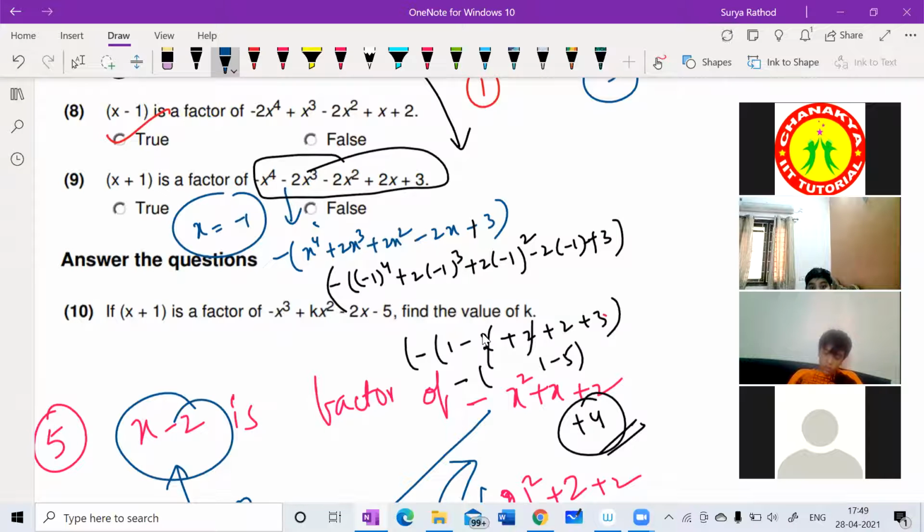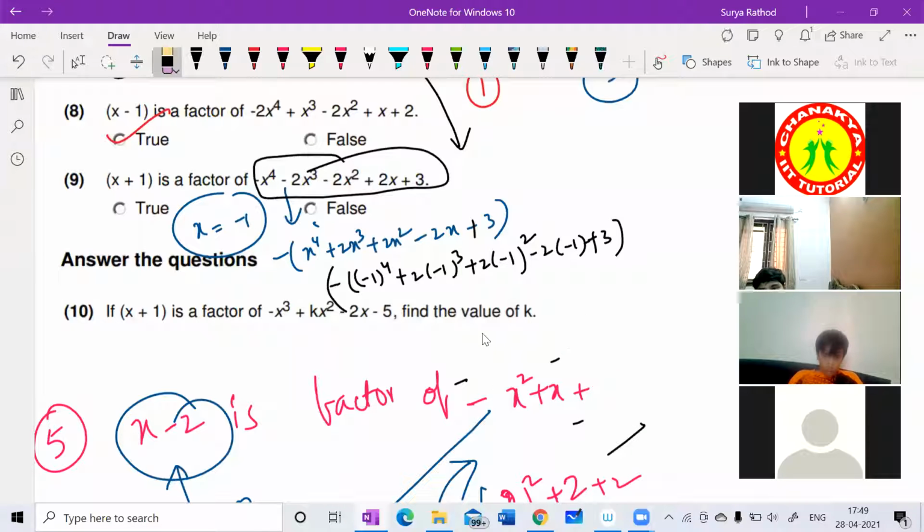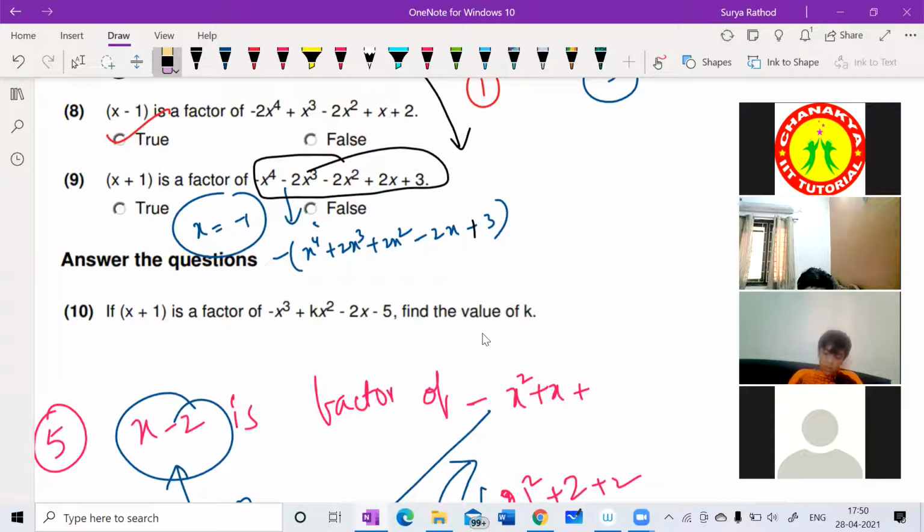So the first one, the thing written in blue. We are taking minus common, then it would be correct, guys. It has to be minus, plus 3. When I'm taking minus common, it should be plus. So it should be minus into minus. Now it will be correct. Someone told that it should be plus 3. We forgot.